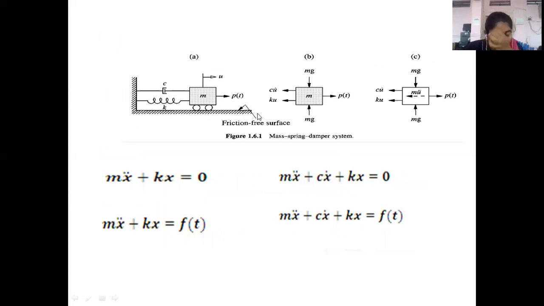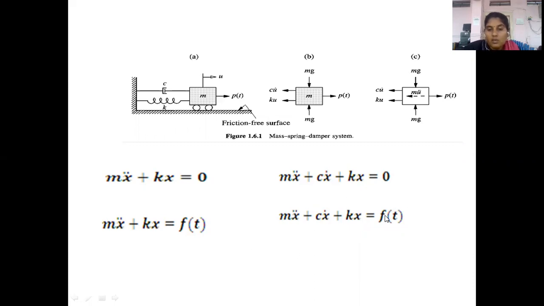Okay, we have already discussed this mass spring damper system in the last lecture. I will discuss it once again and then we will solve derivation number 1. C is the damping coefficient, K is the stiffness, M is the mass, and three forces are produced: Mx double dot, that is M into A, Cx dot, that is the damping force, Kx is the restoring force, and F of T is the external force. So F internal is equal to F external. And from that derivation, the last equation is produced here.